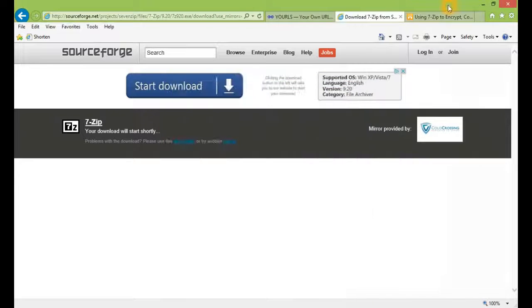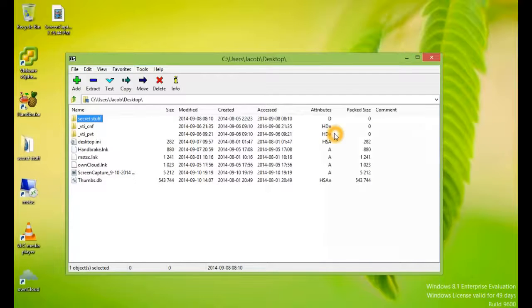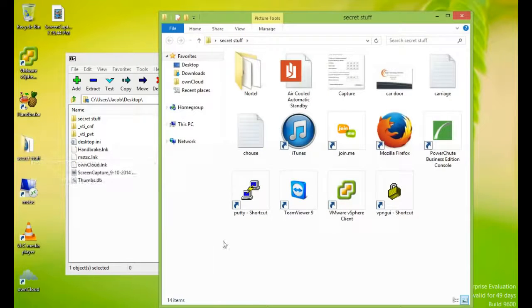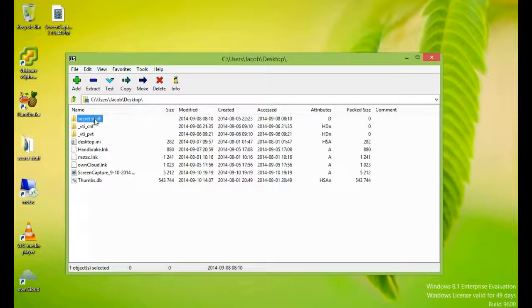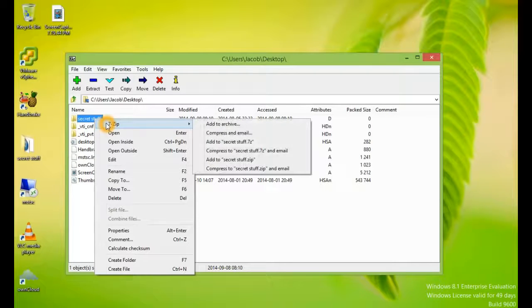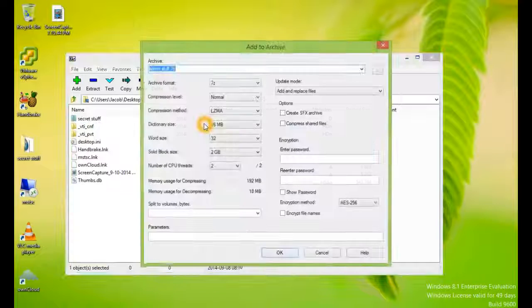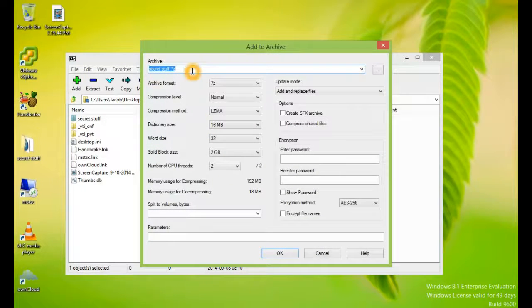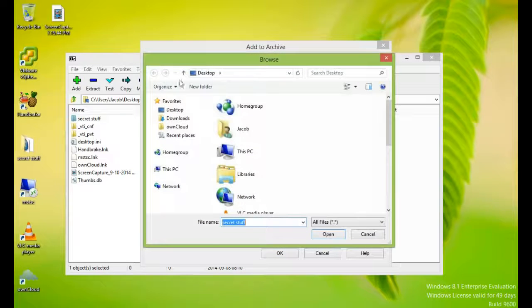After 7-zip is installed, you'll have a shortcut to it on your desktop. I've gone ahead and opened the application. I've created a folder on my desktop called Secret Stuff that has several different files in it. I'm going to right click on the folder, choose 7-zip. We can add this folder to an archive. If we look at the archive, we can browse to see where you want to save it. I'm going to choose the desktop,